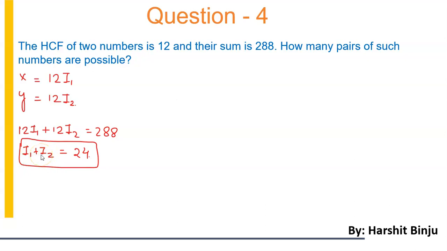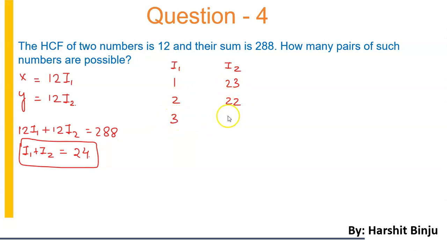Now none of I1 and I2, none of them can be negative. Okay, and at the same point of time none of them can be 0 also. So we'll have to start with a positive integer, which is 1. So let's say I1 is 1, so I2 will become 23, or let me make a proper box. So this is I1, this is I2, this is 1, this is 23, this is 2, this is 22, then